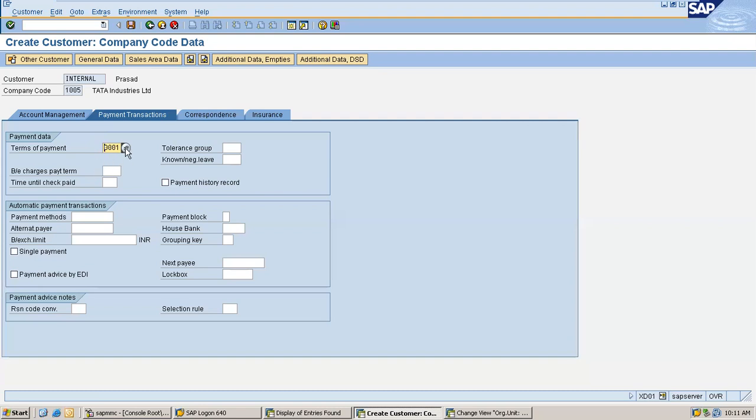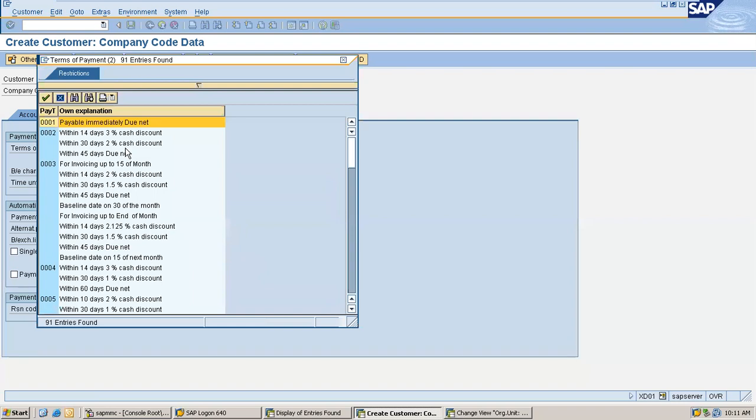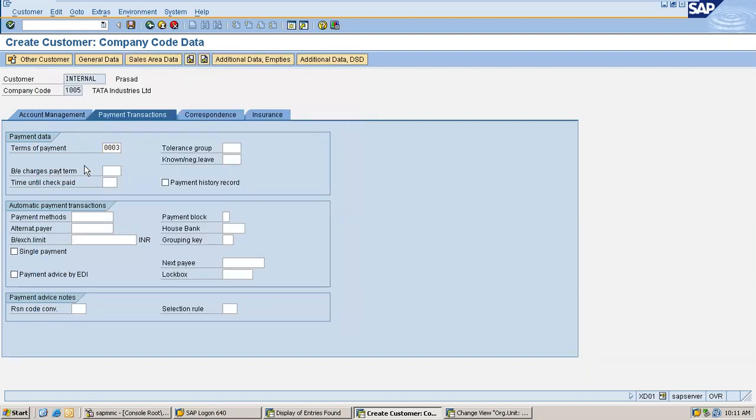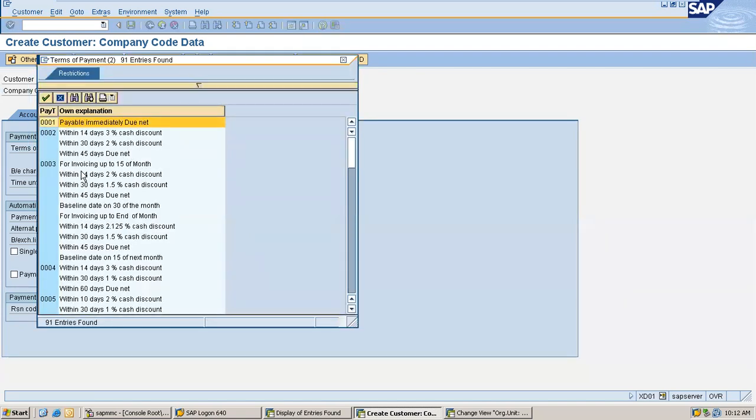For now, let's think that Tata is giving me 45 days credit. I mean payment terms. I'll select this option 0003 that says you have to pay it in 45 days. But if you pay early, let's say within 14 days, you will get 2% cash discount.